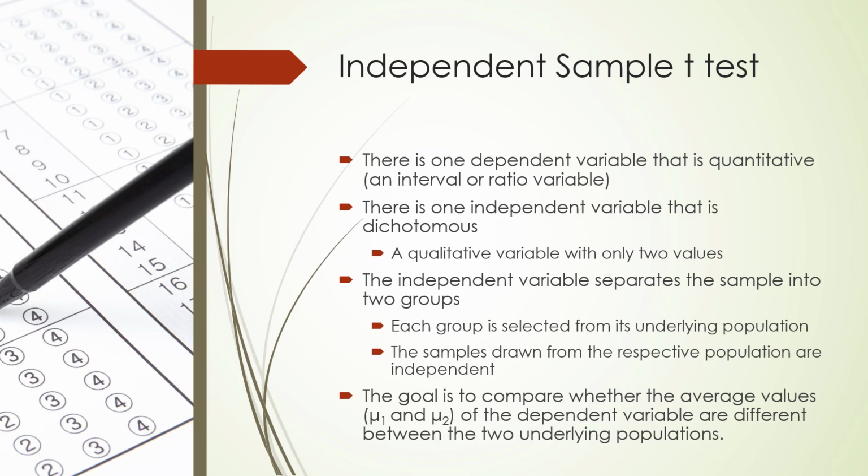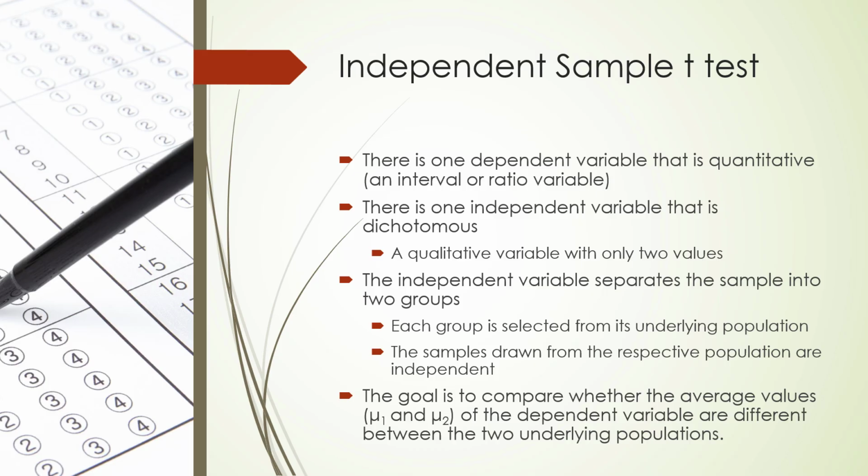Greetings, everyone. In our review of the independent samples t-test, we established that the t-test is used to compare two means. There are two variables involved, one independent variable and one dependent variable. The independent variable is categorical with two values, and the dependent variable is quantitative. The independent variable separates the sample into two groups, and the means of the dependent variable for these groups are